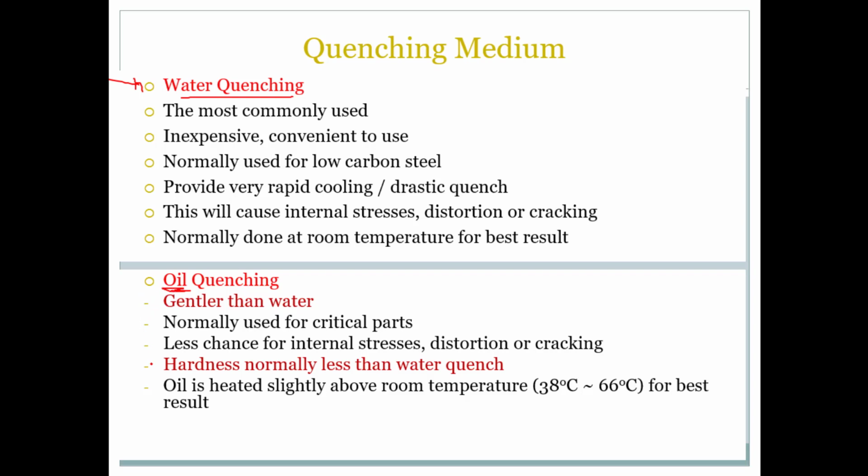The hardness is normally less than water quench, since oil is gentler than water, and we'll see the effect of water quenching compared to oil quenching in terms of grain size and hardness